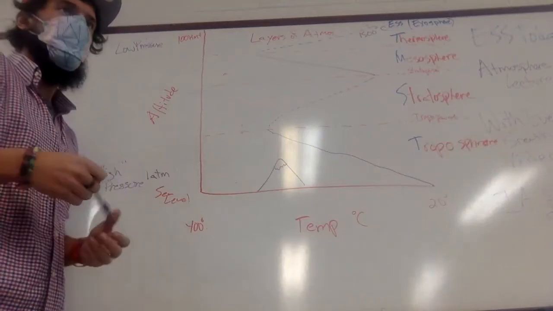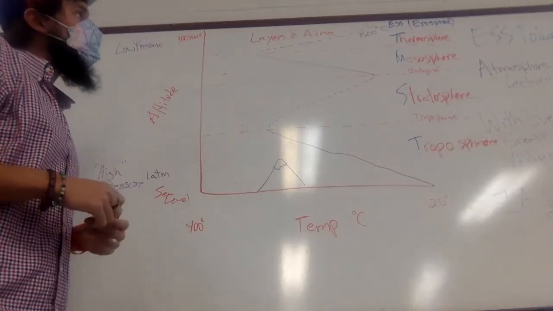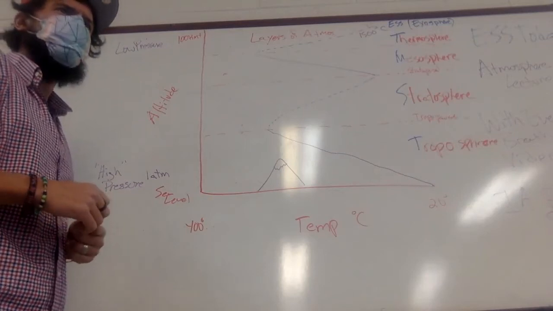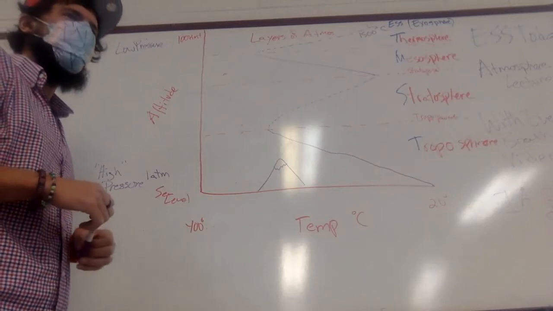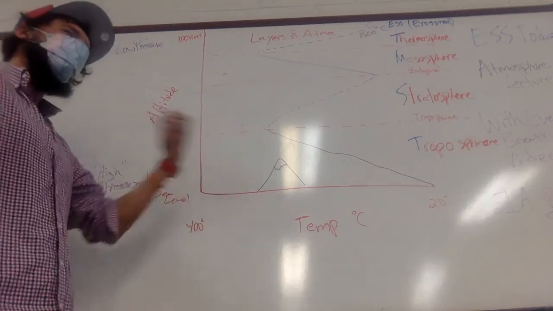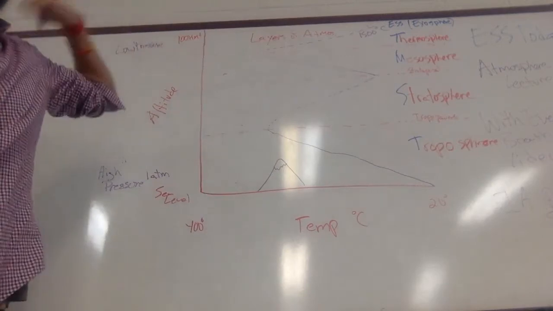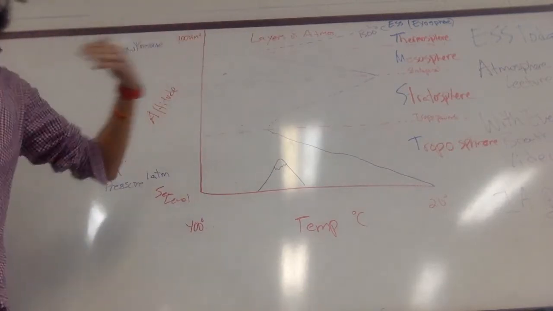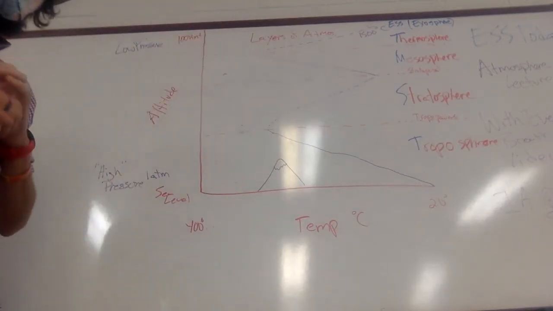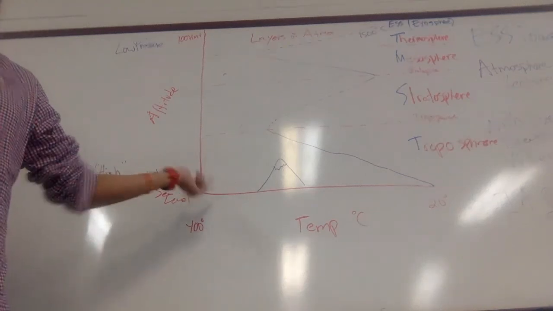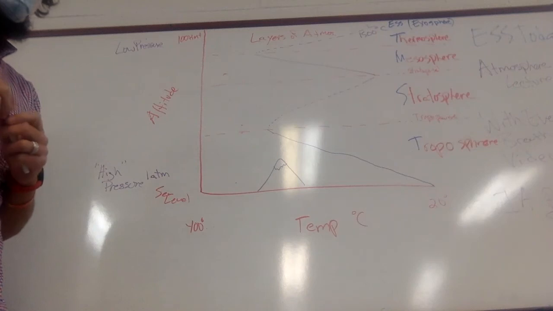Isn't space cold enough? It depends on whether you're in the sun or not, basically. The sun is where all the heat's coming from, and once you leave the atmosphere, you don't have anything reflecting any of that heat, so it's all just hitting you. If you're in the shade, it would be super cold, but if you're in sunlight, way hotter. Kind of a funny issue.